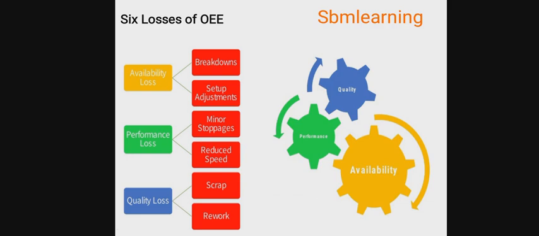So why do we call rework a loss? Because we are doing the same work on the same product. Once it is produced, due to a defect or any issue, we are reprocessing it again. That's why it's a loss, because it's consuming my time, my manpower, my electricity, utilities, everything. But scrap is directly going to be incinerated. So in scrap we have a major loss as compared to rework. Okay, hope all 6 points are clear to all of you.